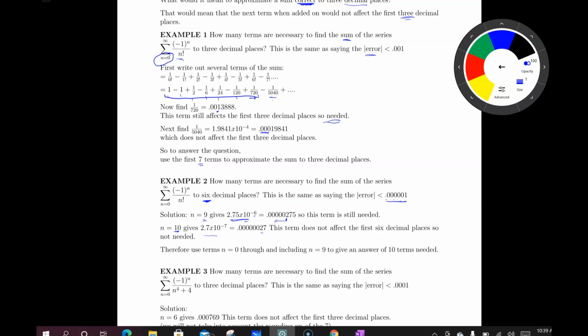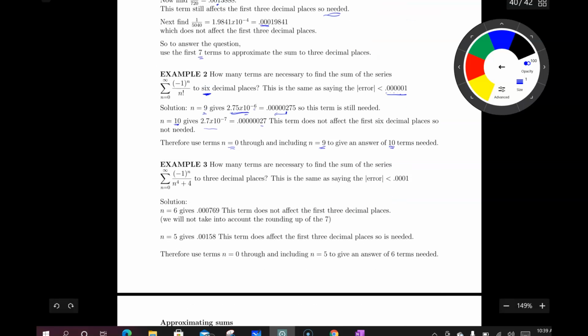So I want to go from n equals 0 up through n equal 9, including 9. And so adding those numbers, that means there's 10 terms. All right, let's look at this one. So I want to approximate this sum to 3 decimal places. That's the same thing as saying